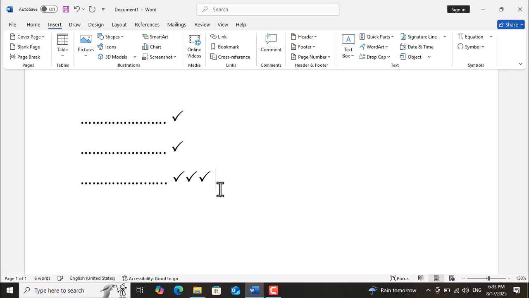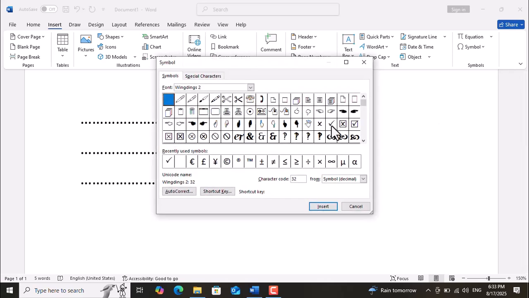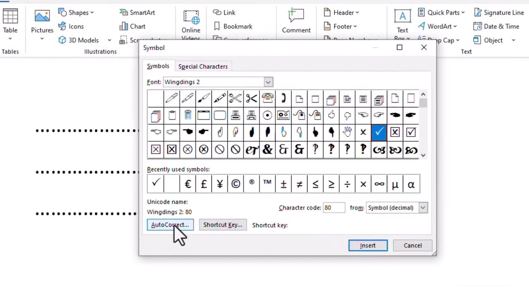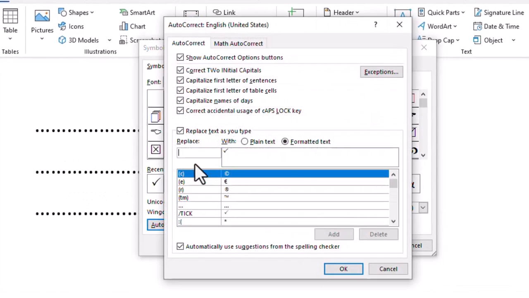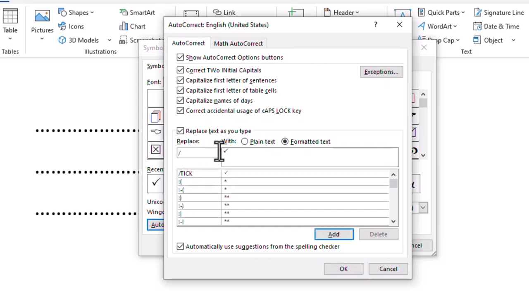So for example, I write this shortcut key and press space. You can see that the tick mark is inserted, but I have created this shortcut key manually. Okay, how can you do this? Click on Symbol, click on More Symbols, click on the symbol that you want to insert with the shortcut key. Now click on AutoCorrect. Here in the Replace section, write down a shortcut key that you want to replace with